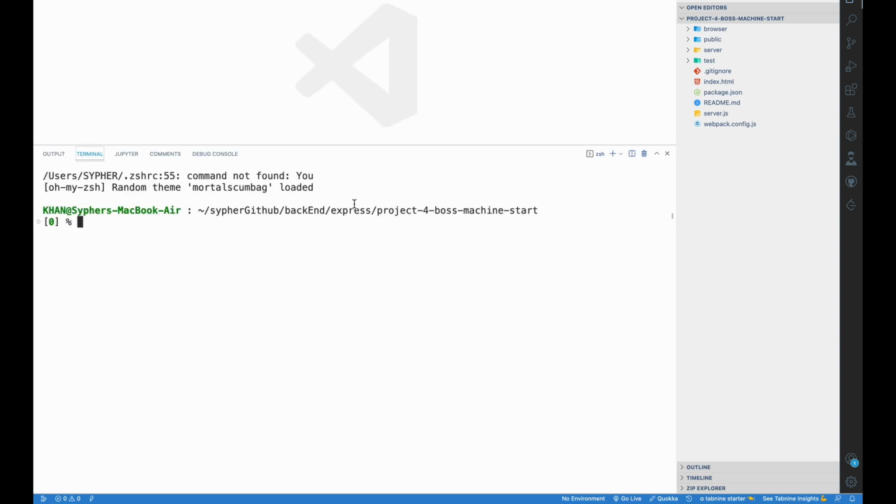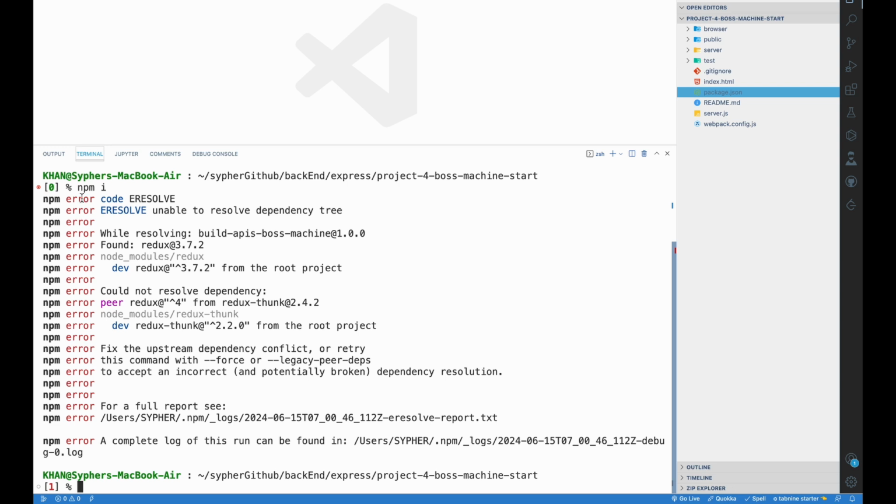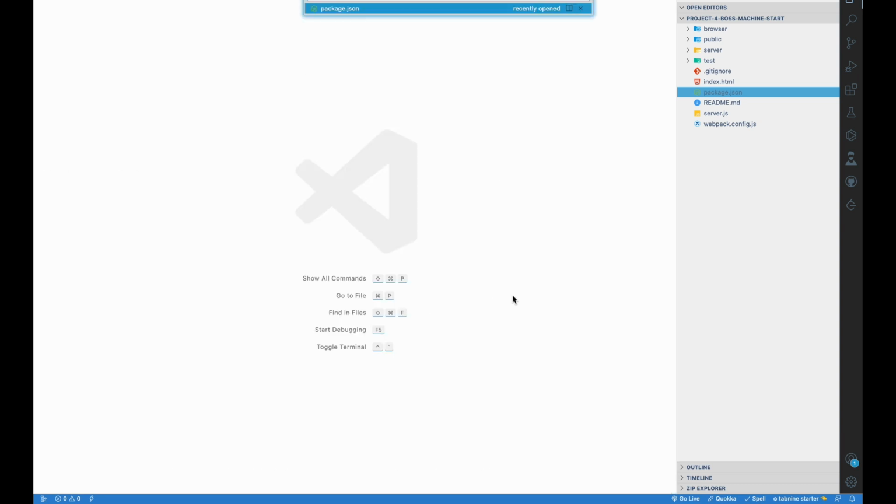So after opening the terminal, we can run ls to see if we are in the root directory or not. From here, we can run npm i to install all the dependencies for this project. And if you guys get this error saying versions don't match or something, if you want to get all of the information about this error, you could copy this output and paste it in ChatGPT, and that would give you a detailed explanation. So the workaround I found was going to the package.json